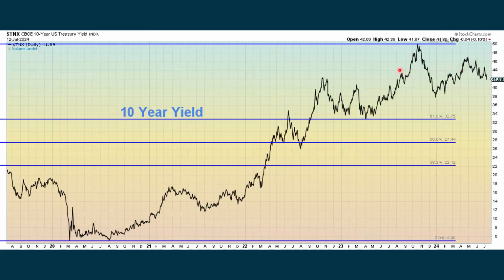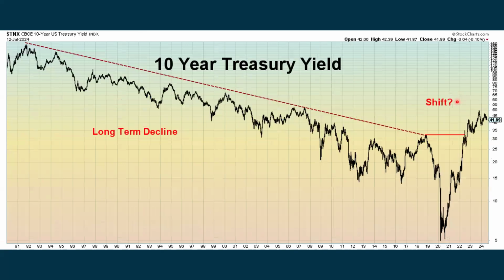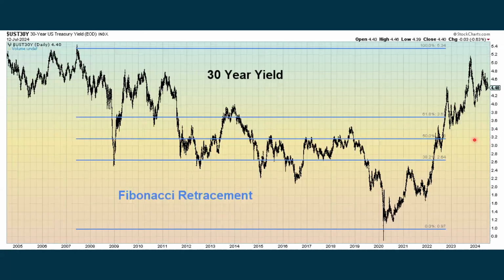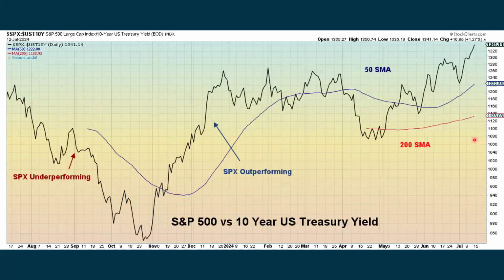Then I have the 10-year yield with some Fibonacci studies, but we're really far away from these different lines currently. This is a 40-year chart of the 10-year Treasury yield where we had been seeing a gradual decline to lower interest rates. Now we're starting to get back into a higher interest rate environment. And here's the 30-year yield with some Fib retracement lines, but we're not near any of these lines currently.